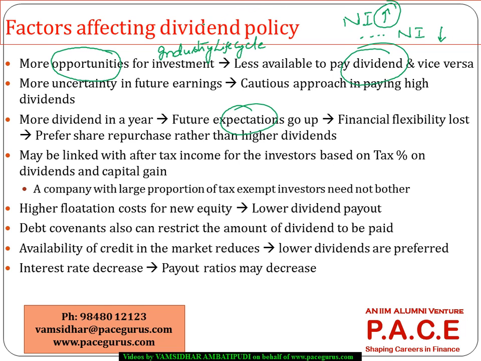And if in any one year, either because of more future opportunities or because of inability to generate higher profit, or for whatever reason the company is not able to pay a higher dividend, it immediately sends wrong signals into the market. So from that standpoint, in any one year, even if the company wants to pay more to the shareholders, it does so using a share repurchase mechanism rather than committing more on the dividend.